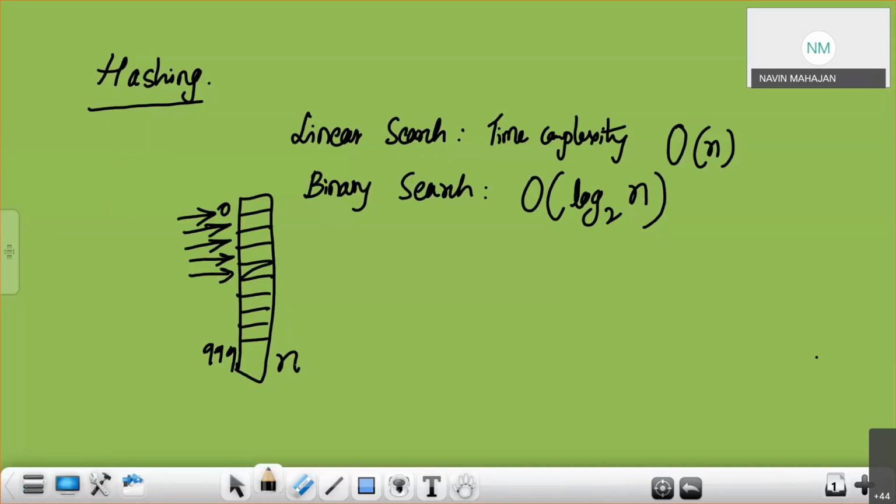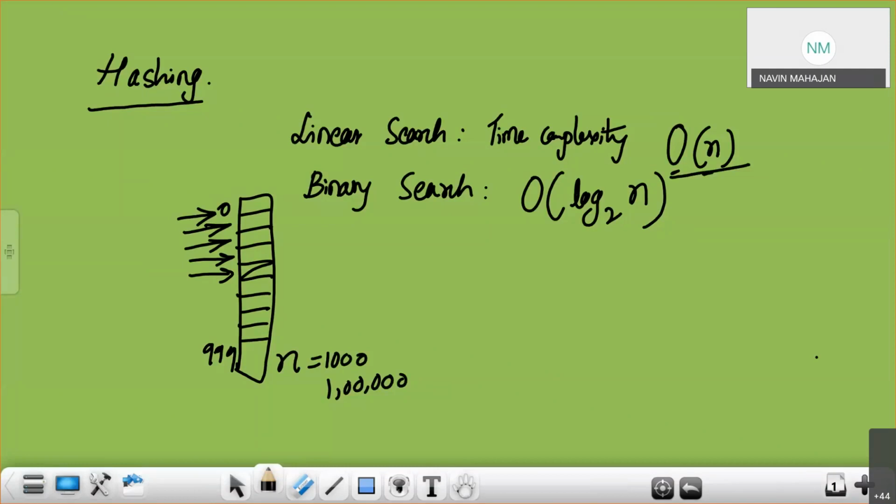If n is 1000, it goes for 1000 times. If n is say 1 lakh, it will search 1 lakh times. So that many comparisons will happen. That's why we call it O of n. As n increases, the time complexity also increases.